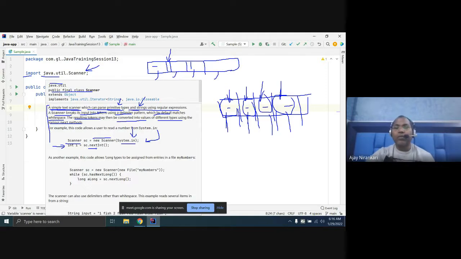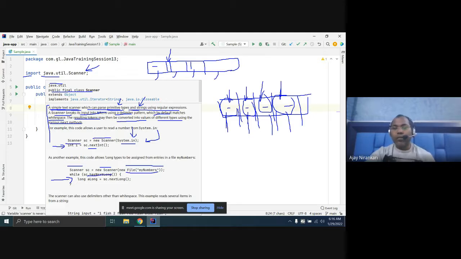They have provided lots of methods. Even more, the Scanner class can not only take input from the keyboard, it can take input from a file. You give any file name here, and it will read the complete file lines.